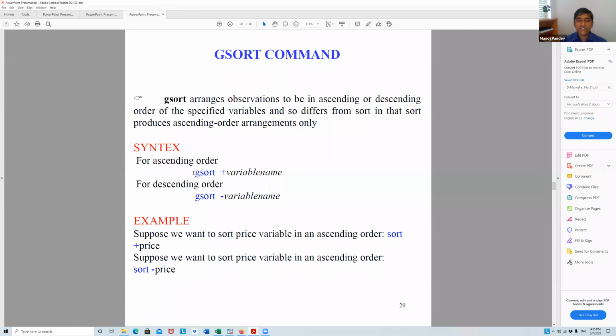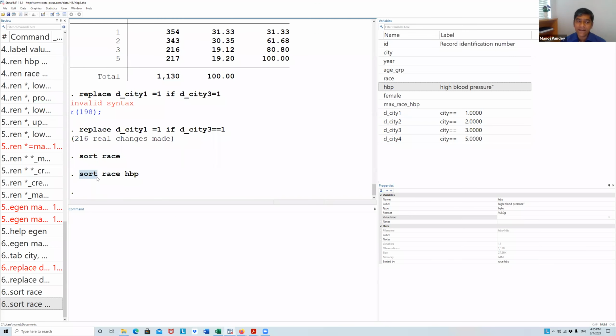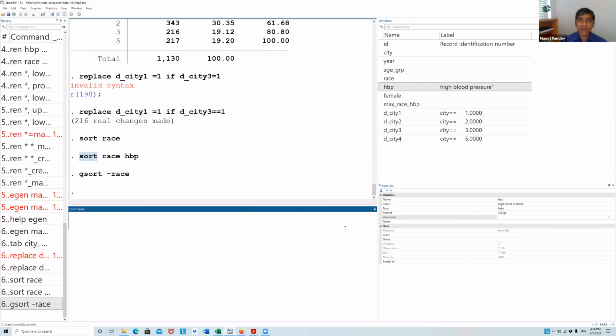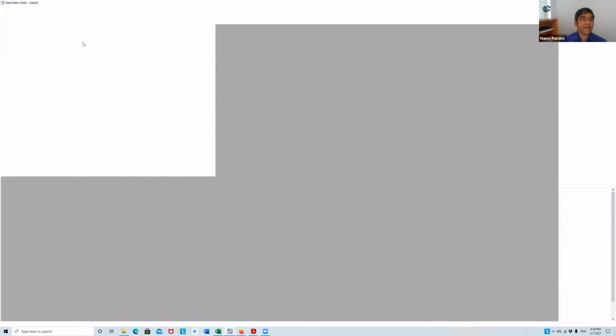If you put gsort plus and a variable name, it will be ascending order. If you put gsort minus, it is descending order. When I put sort, by default it is ascending order. But then I want it in descending order, so gsort minus this. Now if you see, it will be in descending order.